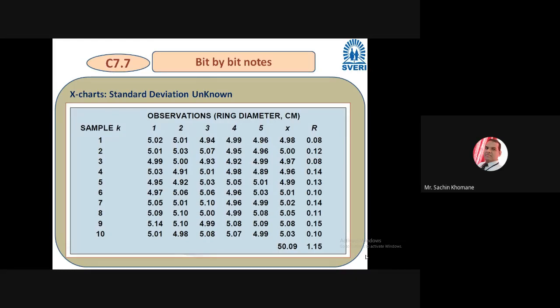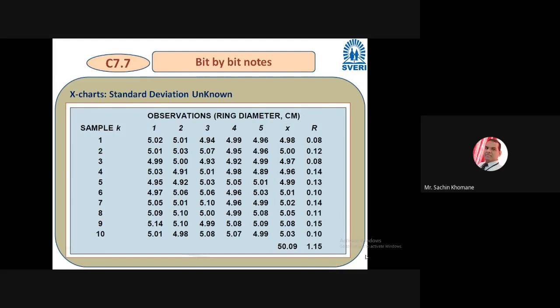In Excel, you can find the largest value, let it be thousands of readings. Easily, by just giving a function, you can find the maximum or minimum value. You can see MAX and MIN functions are there in Excel. You will easily get the max and minimum value. But by doing it physically, it will take a little more time. So just calculate this range.